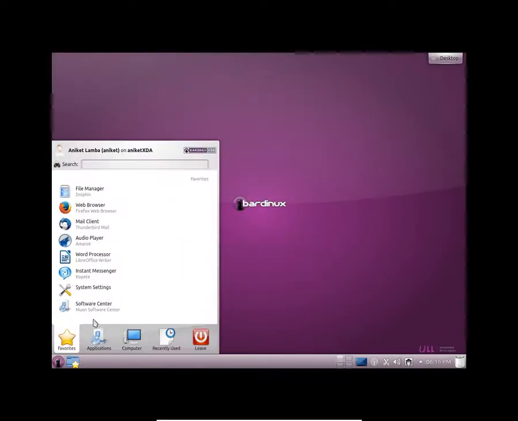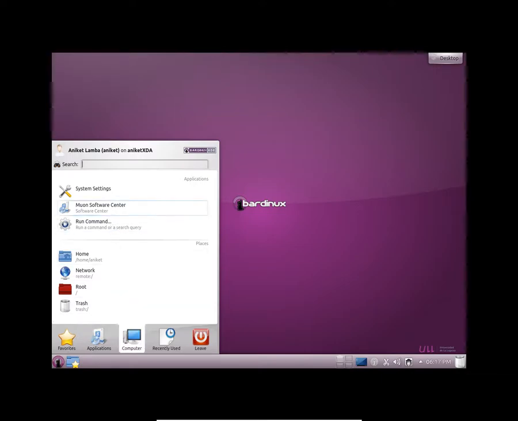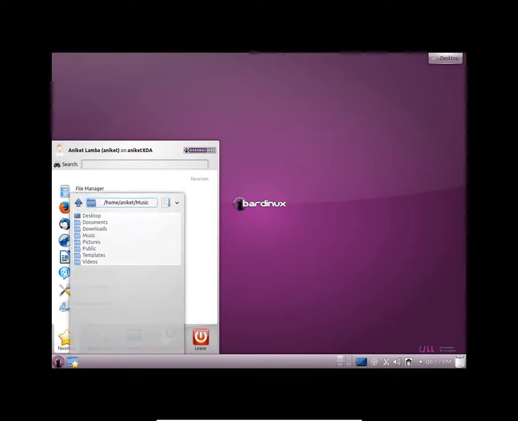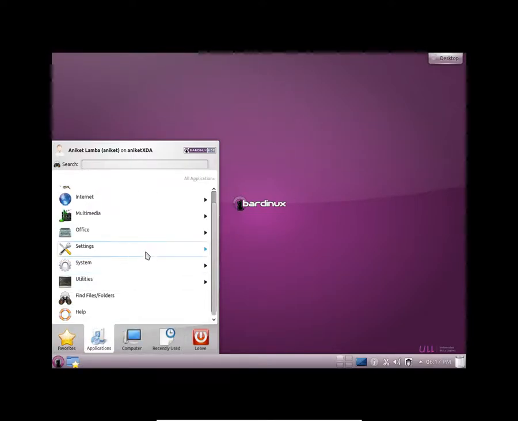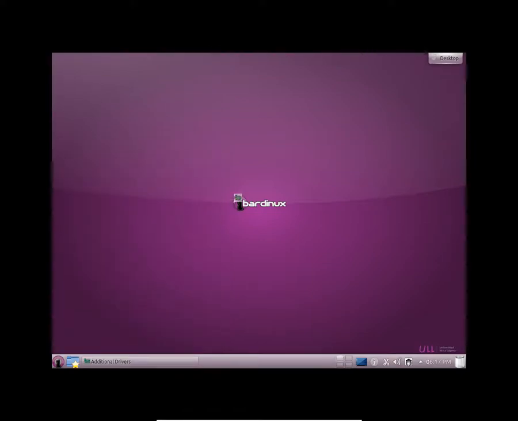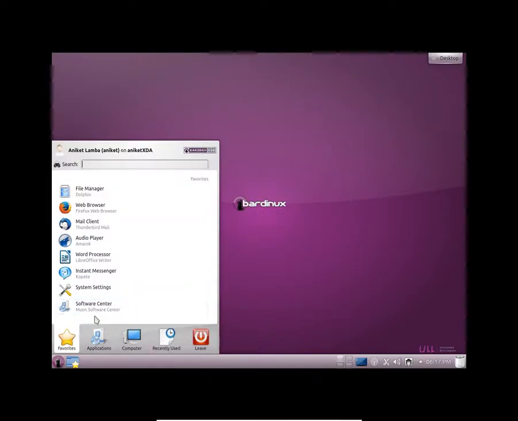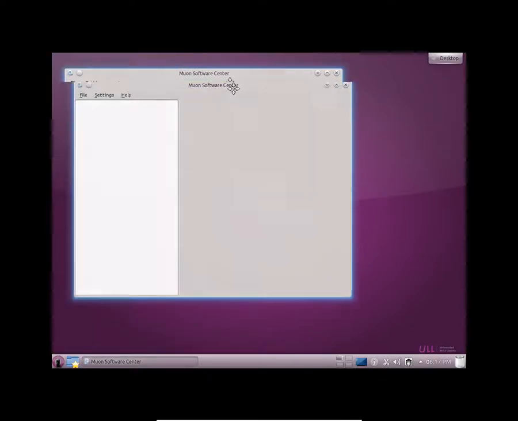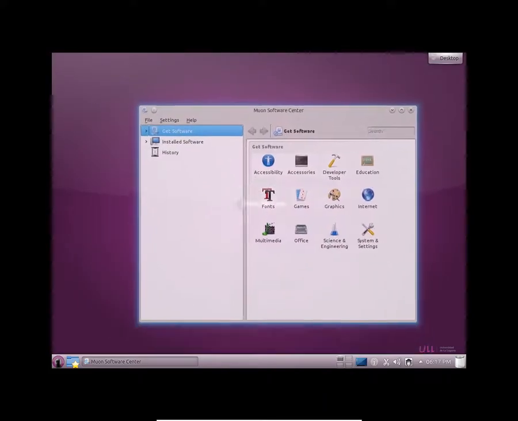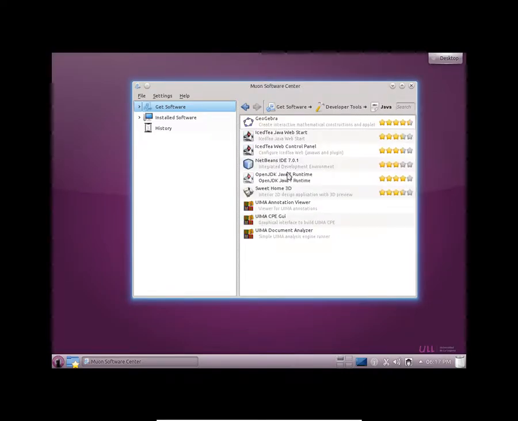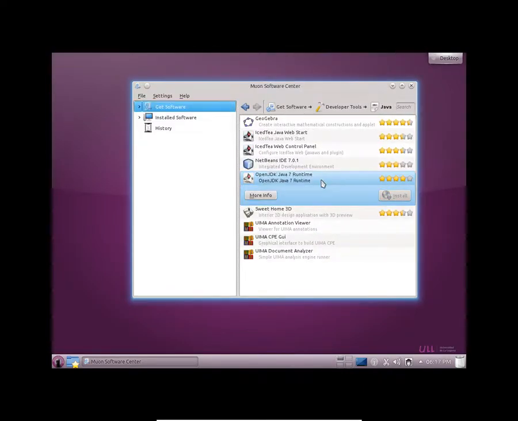I guess that's it. You can check out the OS yourself only. Everything is the same. There is not a lot of change. Yes, you do have a cool and awesome animation, as you see. So it is quite cool. If you want, you can try this OS. You also get a lot of transparency effect also. Okay, you can also install Java if you want.